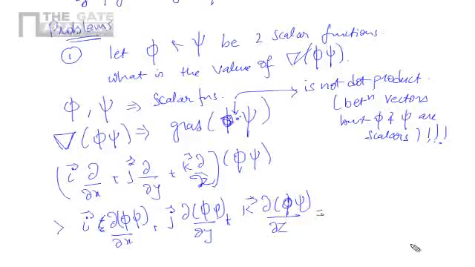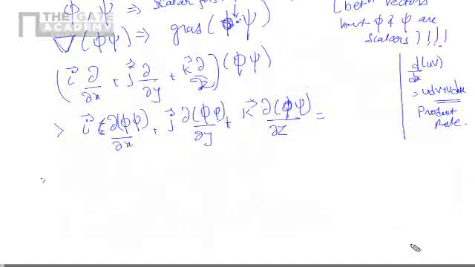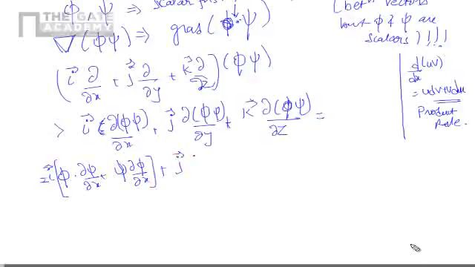Now we have to solve this. If I recollect from the basics of differentiation, what is differentiation of uv? D by dx of uv is nothing but u dv plus v du, product rule, right? So if I use the same thing here, what will I get? Phi and psi are two functions, so this can be written as what? Phi times, I vector is separately outside, phi times dou psi by dou x plus psi times dou phi by dou x